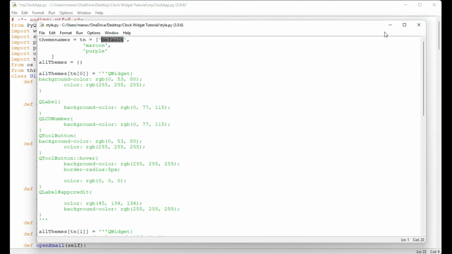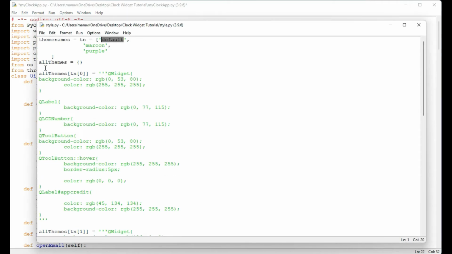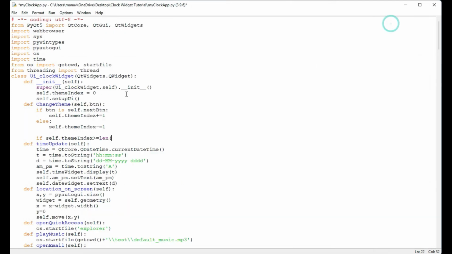So for that, I'll first check if self.theme_index is greater than or equal to the length of all themes. Let's make here an all themes variable. We don't have to pass all themes here, because I have made the all themes dictionary in our style.py, so I can import all themes from style.py.